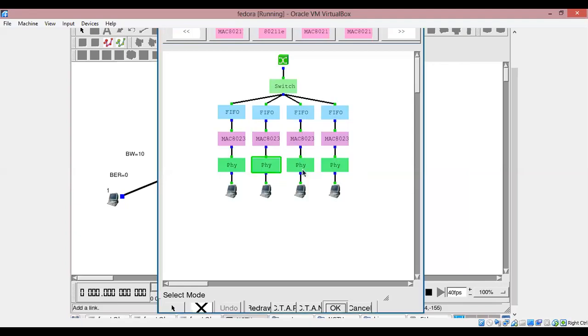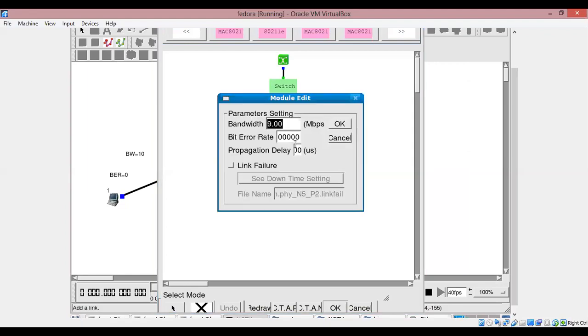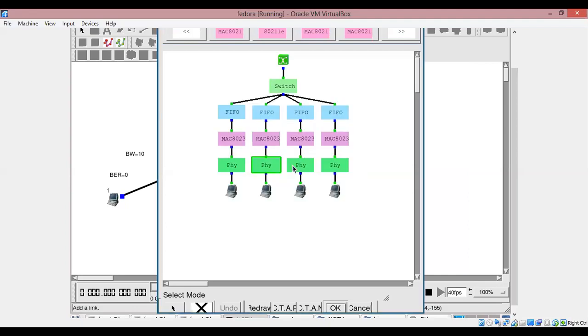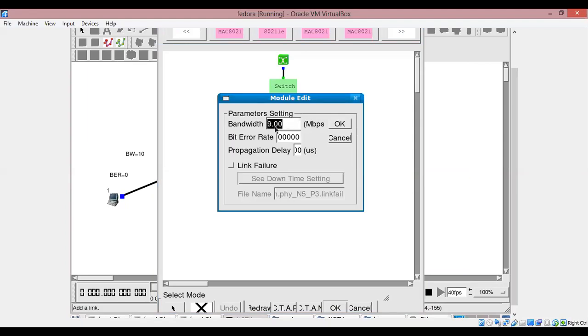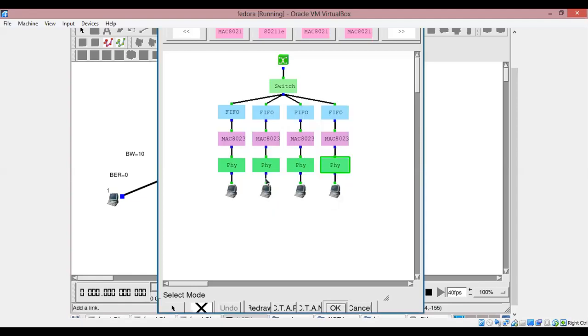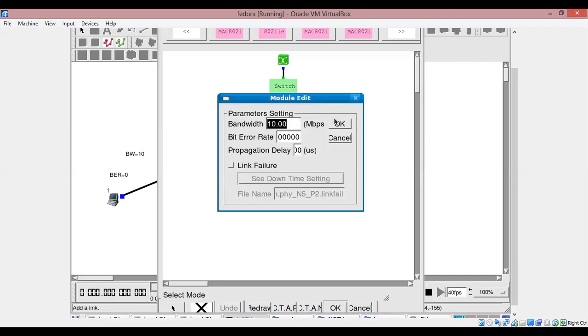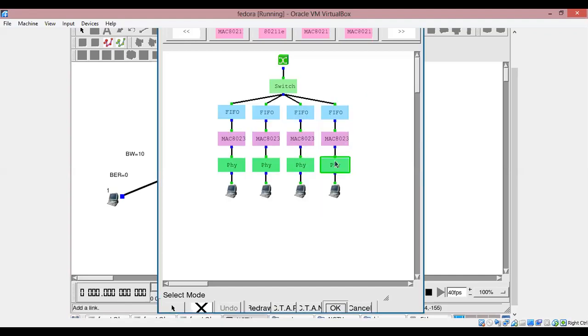Okay. So let us see which is the sender. So N5P2. N5P2 is sender 1, right? So let it be 10 itself. N5P3 is 9. Okay. N5P4 is 8. So we have changed it in the link. Accordingly, here also it will be updated. So I just wanted to show you. So this is the receiver to switch connection. So you can see it is 10. This is sender 1 to switch connection 10. Sender 2 to switch connection 9. And sender 3 to switch connection 8. Okay.